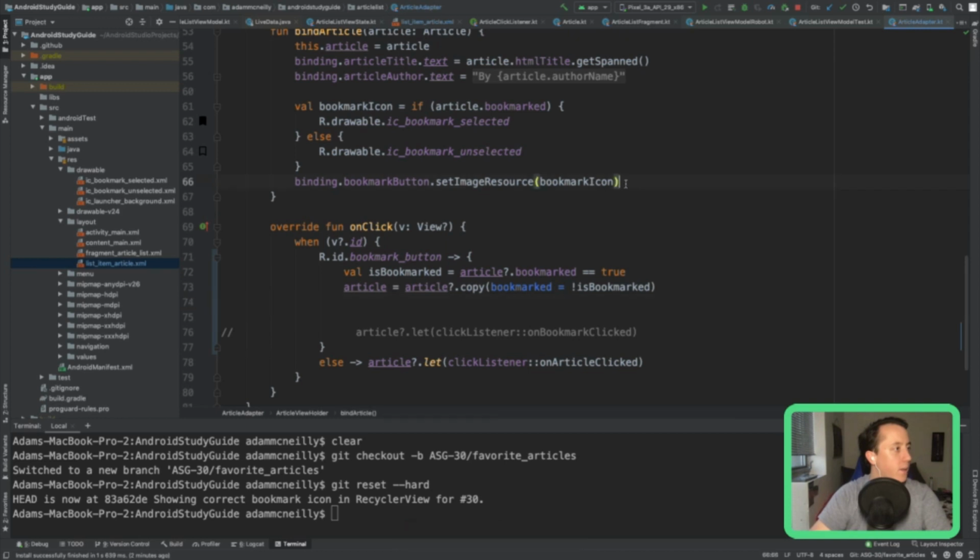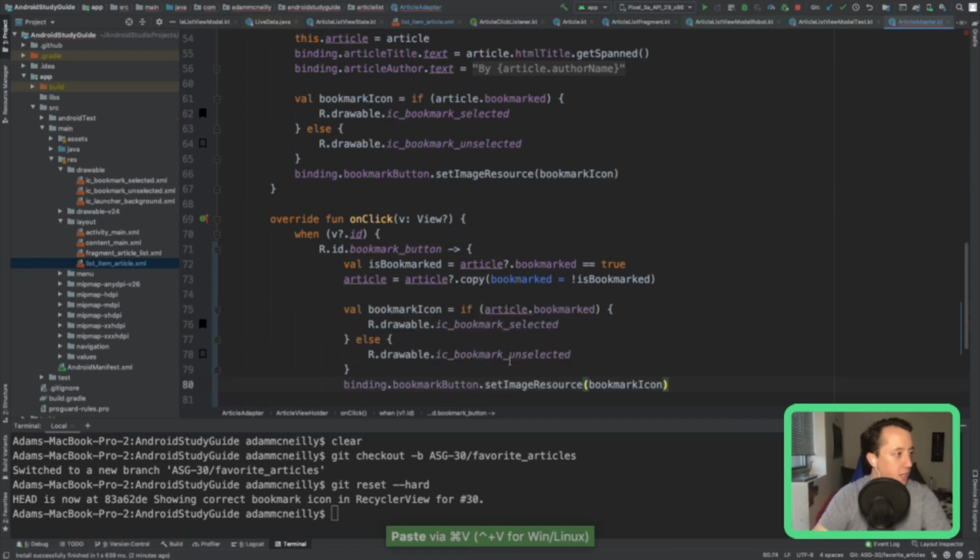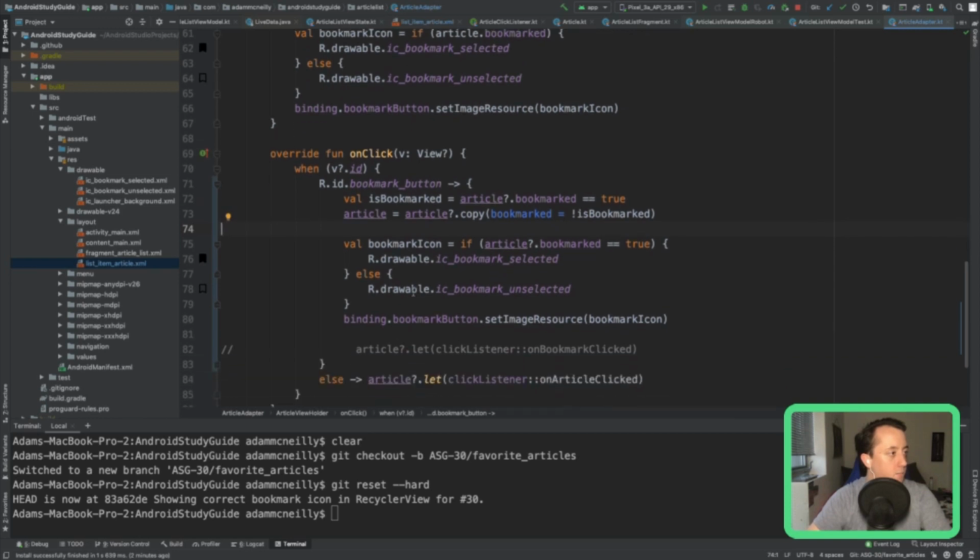And then what we will do is just call this stuff again, just to change the image resource. Yeah, that's hacky, but that should update it locally. And then after doing the local update, don't submit a new list.